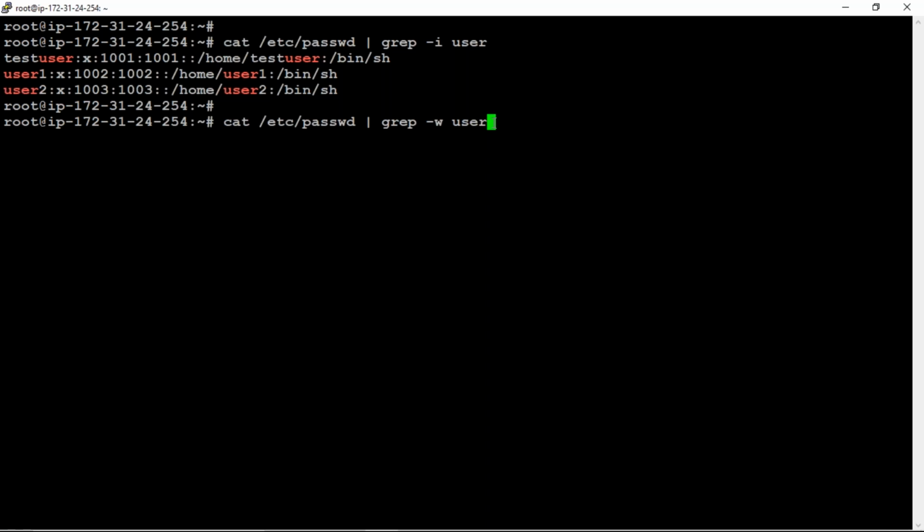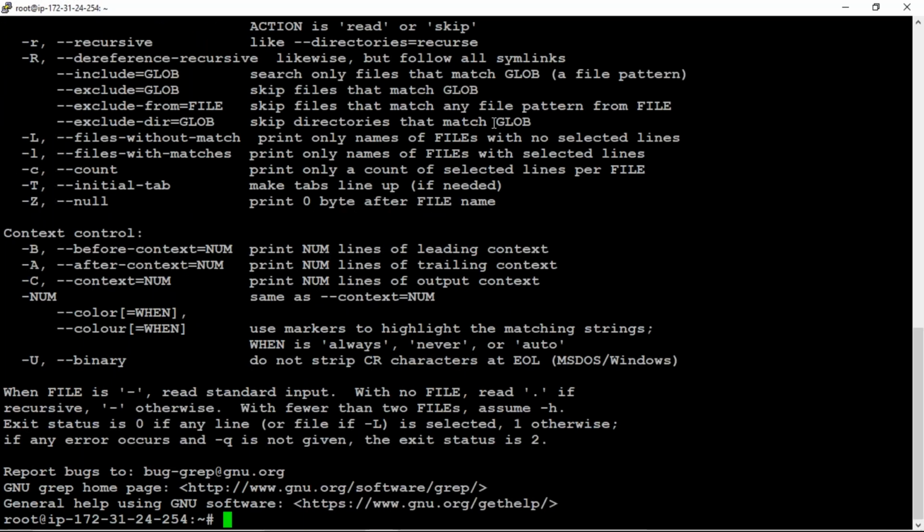Now look at what we will get. Nothing we got. Why? w is the words option, and if you want to know the options for grep, you can use the help command, grep space --help. See, you got the options.